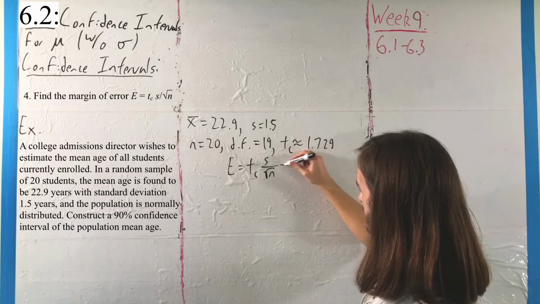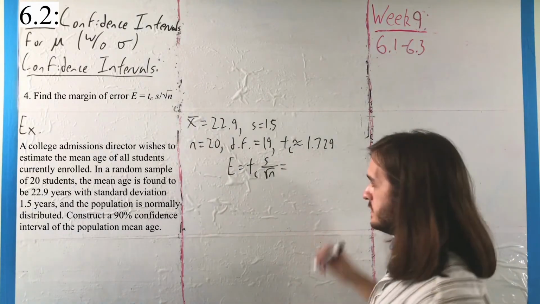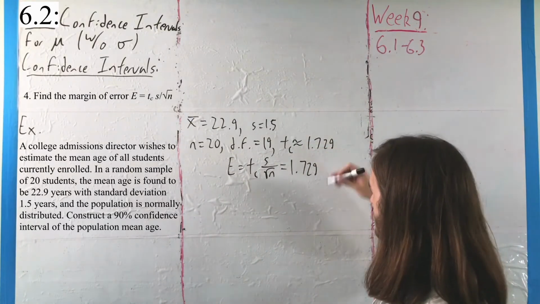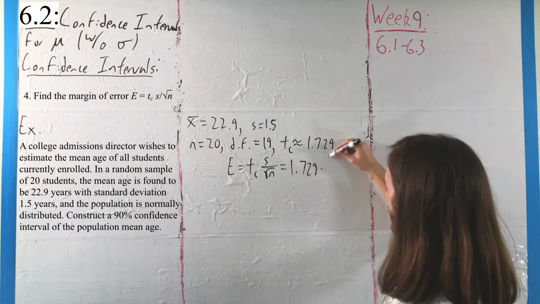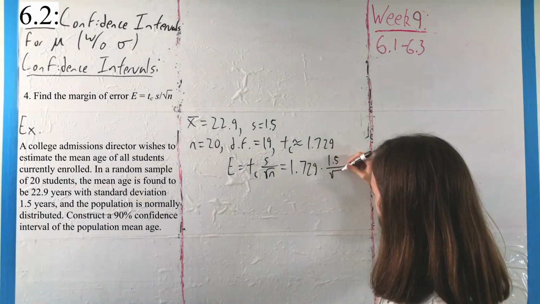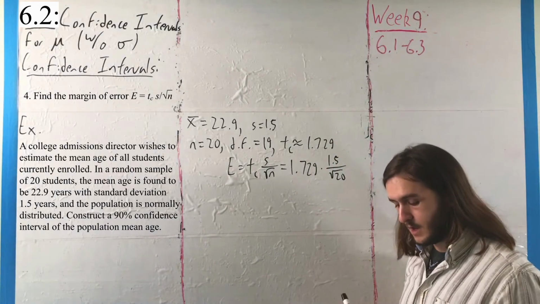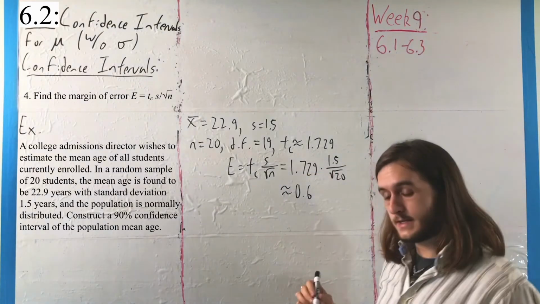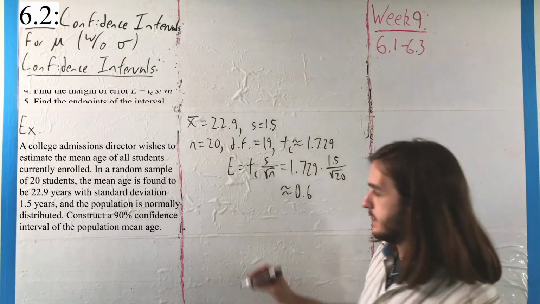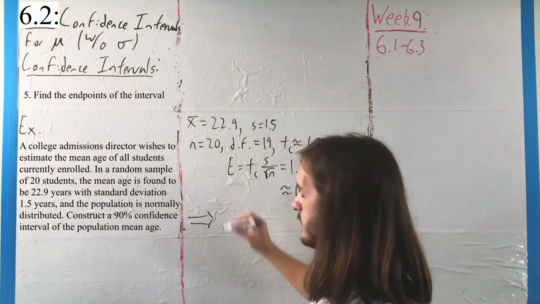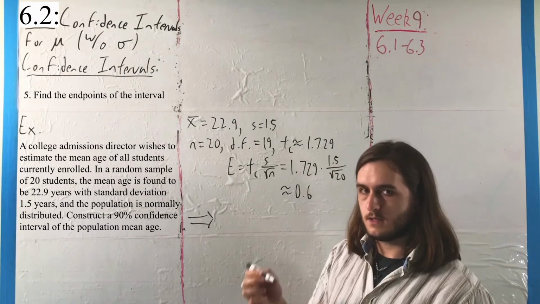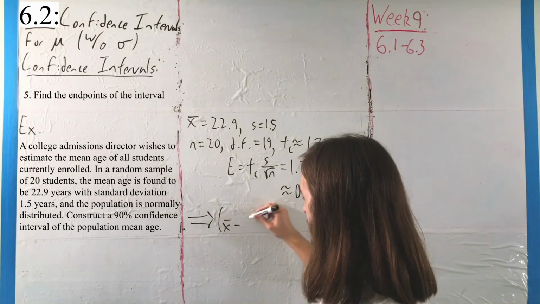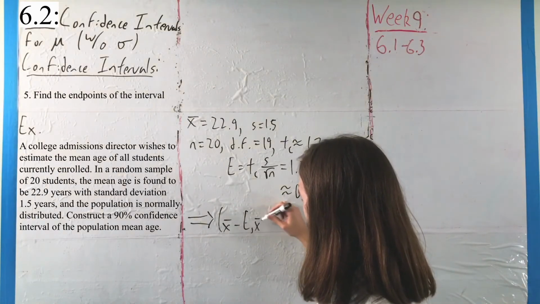As a result, this will have the form 1.729 multiplied by 1.5 over the square root of 20, or approximately 0.6. And then to get our interval, we make it in terms of x bar, our point estimate. So that's going to be x bar minus e to x bar plus e,